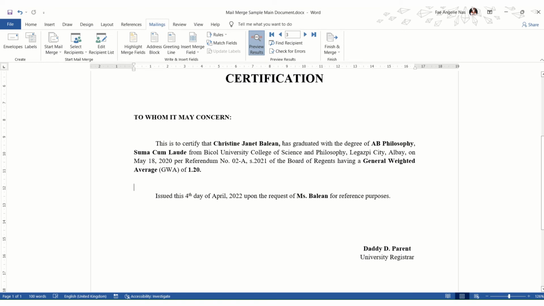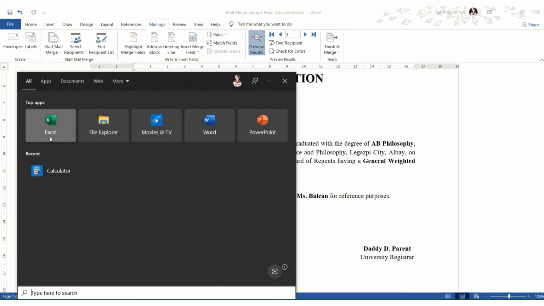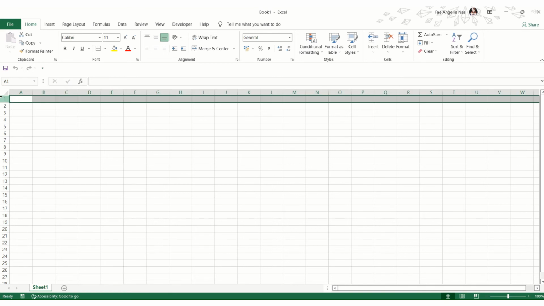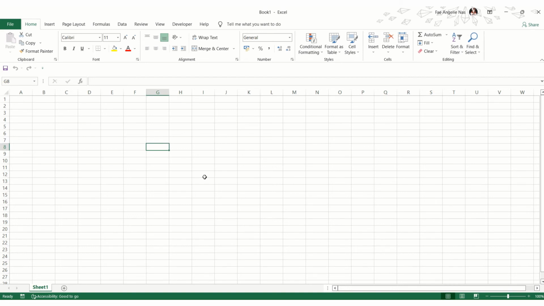So another way of selecting or creating and linking recipients into your main document is by using Microsoft Excel. To do that, just open Microsoft Excel and then create your list of information. The uppermost row will serve as the place where you enter the different categories. For example, in our document, we need the prefix, first name, last name, and other information like degree,